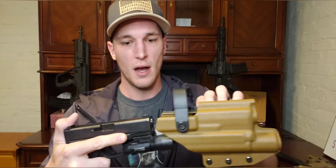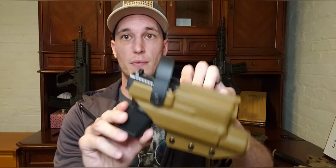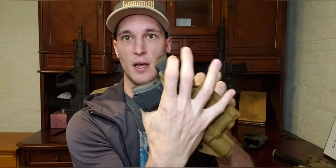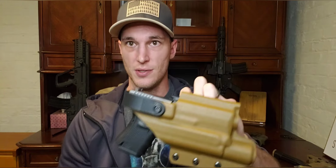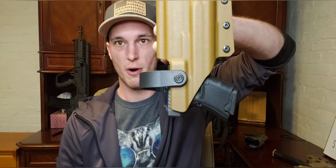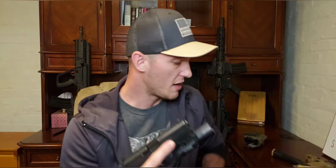But yeah, fits into the holster like it was made for it. No back and forth play, no in and out, side to side. It fits. The hood covers and engages, and still allows for a very quick draw, and it retains the weapon as well. So I was impressed to find that out, because this is my everyday carry gun, and I carry it in an